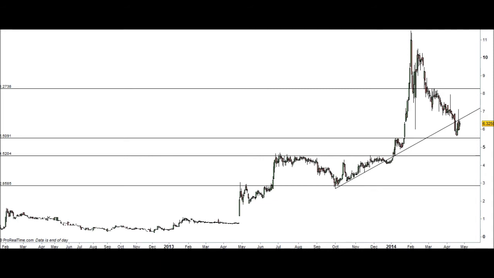But if we can just revisit that ascending trend line, so we can really show you what we mean. It did form an ascending trend line. We got below it, so that will be resistance. But if we pop back above that, which could well happen tomorrow into next week, then that will be support again. And the major resistance, I mean, there is just over 8 pence of resistance line, but the major resistance